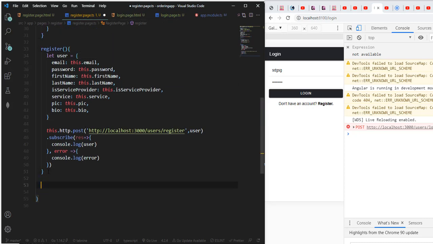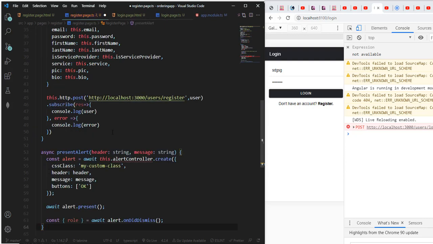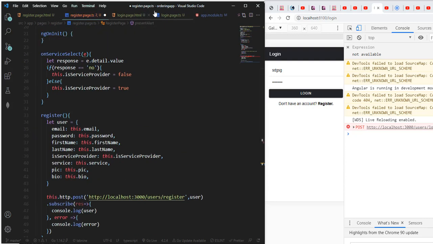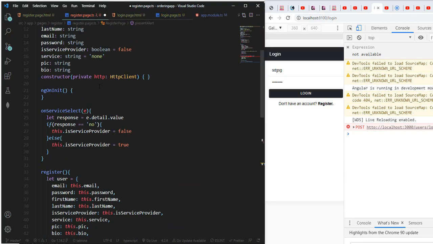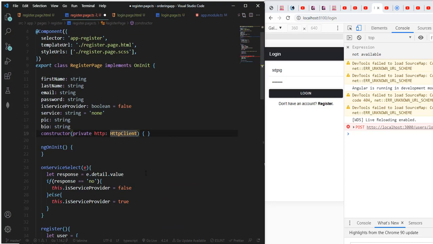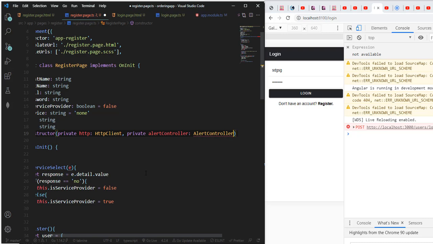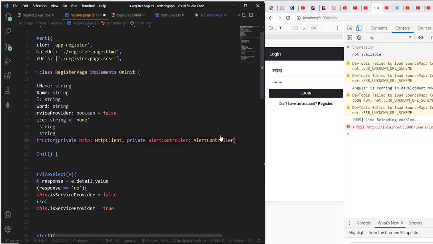So for register, I'm gonna paste this again here, and I am gonna import whatever needs to be imported, like so. Come back to register and import this. Save,